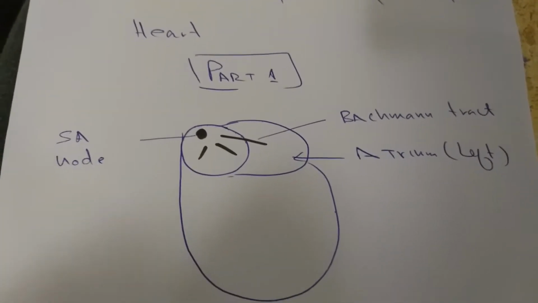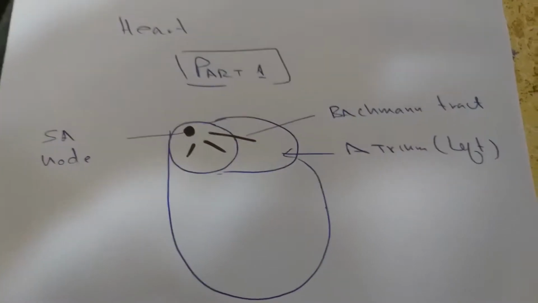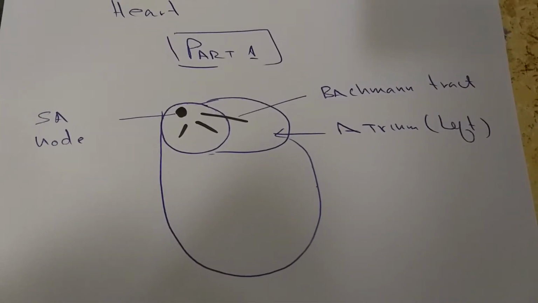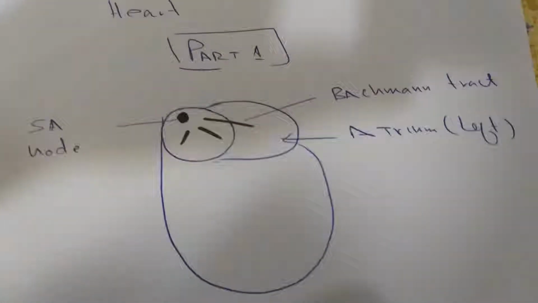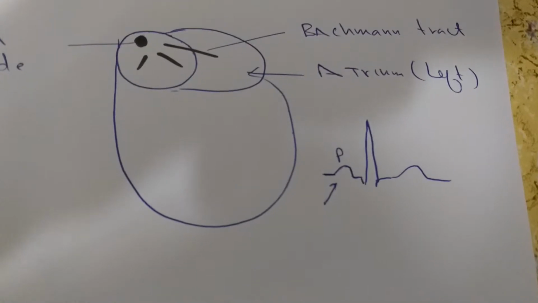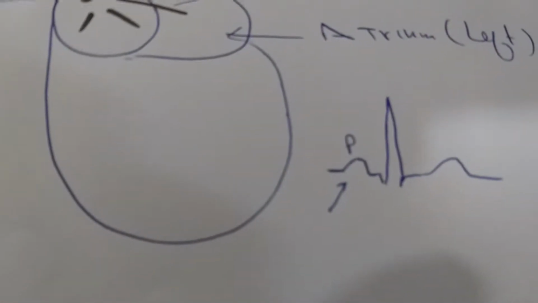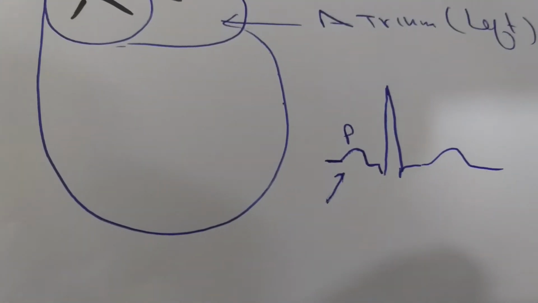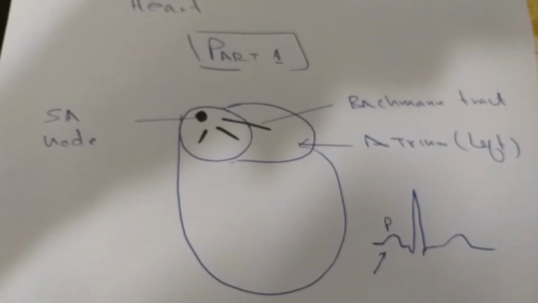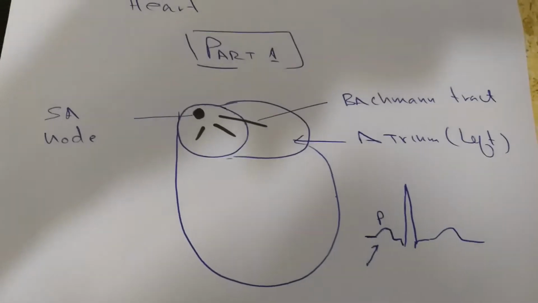And once in the atrial muscle, these impulses cause the depolarization of the atrial muscles. This depolarization of the atrial muscle causes the generation of the P wave. In the PQRS-T complex, the generation of the P wave is because of the first part in the conduction of the impulse